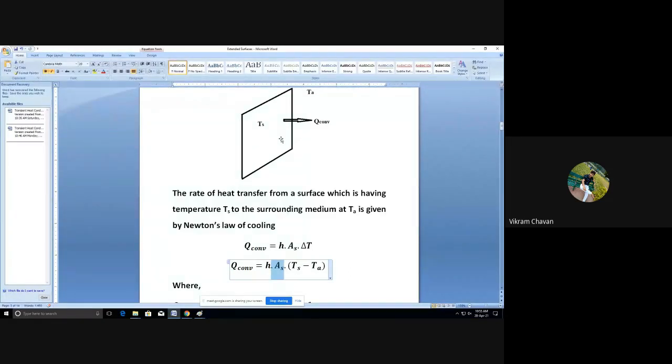Then another option is increasing the heat transfer coefficient. To increase the heat transfer coefficient, we have to install one extra equipment, that is a fan or blower, or a pump in the case of a fluid. In the case of a liquid, we have to install pumps. So we require some extra energy and space to install that equipment at that application.